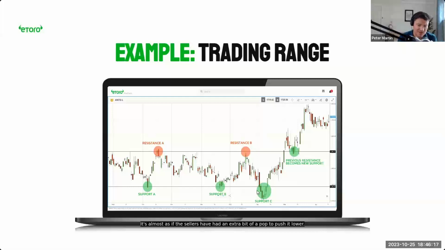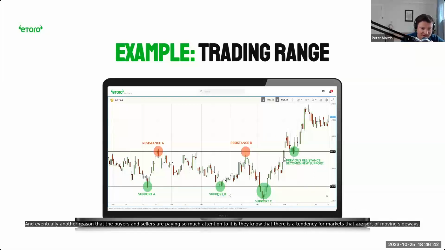It's almost as if the sellers have had an extra bit of a pop to push it lower, but it has failed. Finally, these sort of constructions of support and resistance are a bit artificial, and they can only hold so long. And eventually, another reason that the buyers and sellers are paying so much attention to it is they know that